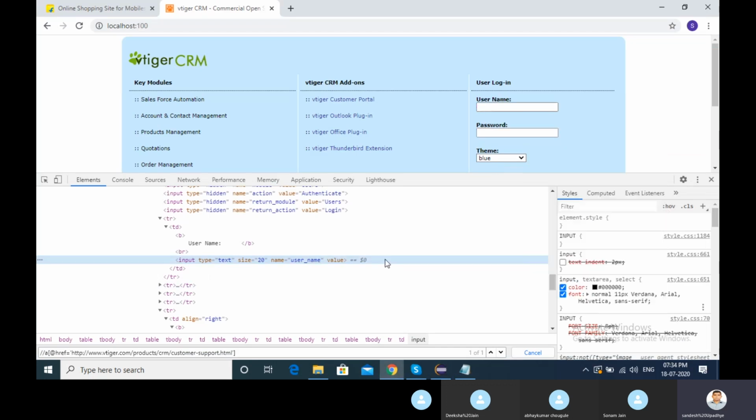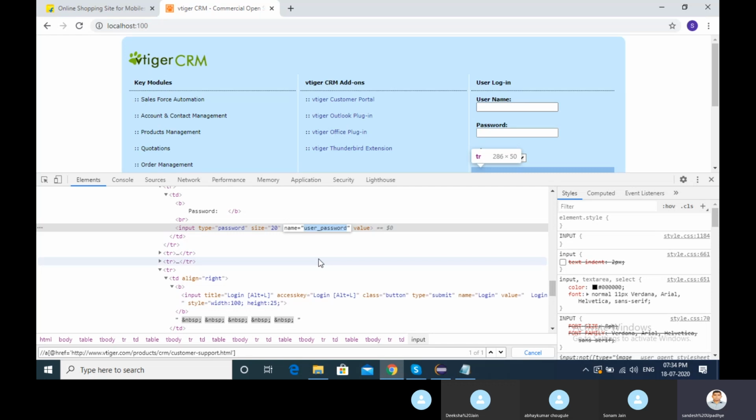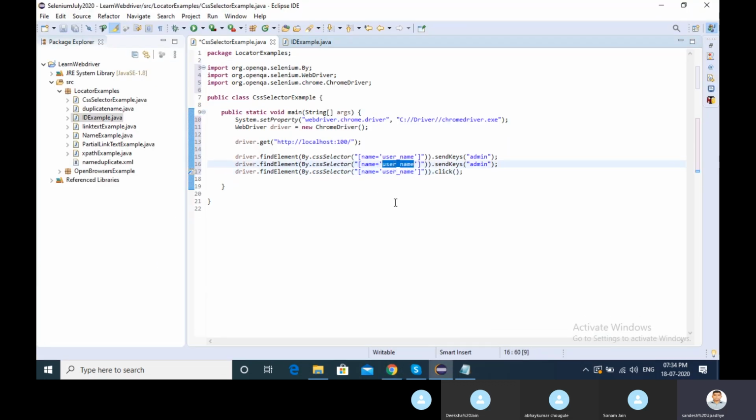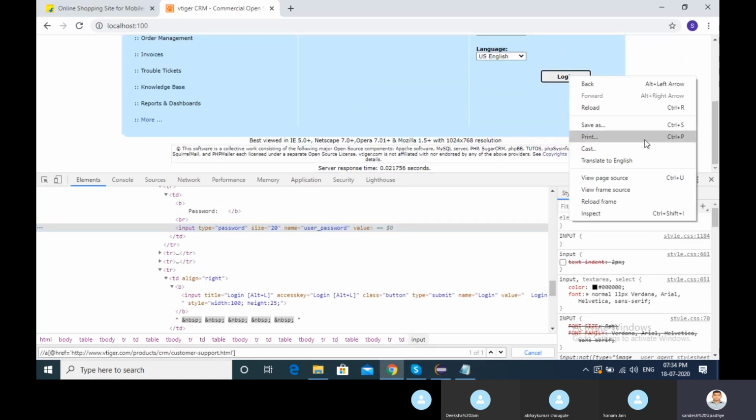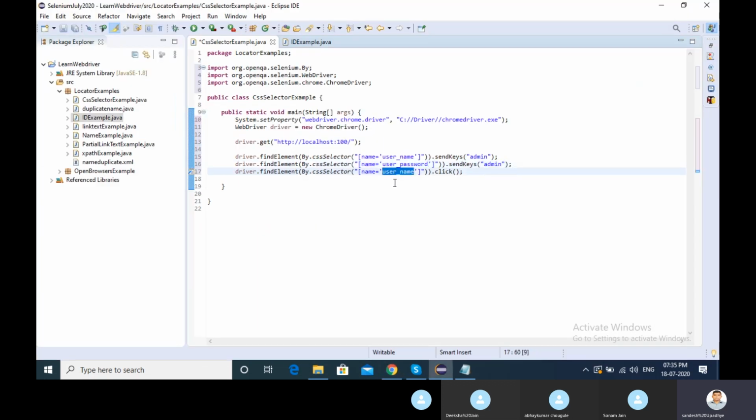So for inspecting the password, copy, paste it, and for inspecting the login button, I can choose class, I can choose name, whatever control you want, you can find out. I have name, I can go with these. Let me run it and let me re-explain.